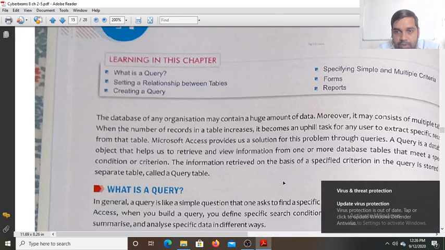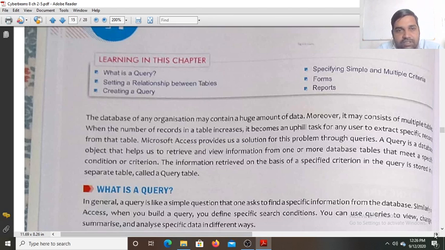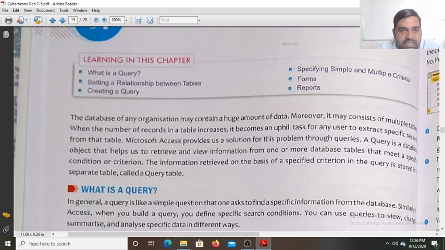Moreover, a database may consist of multiple tables. Not only one particular table, but more than one table. Each table is a combination of records, and a table contains so many records.